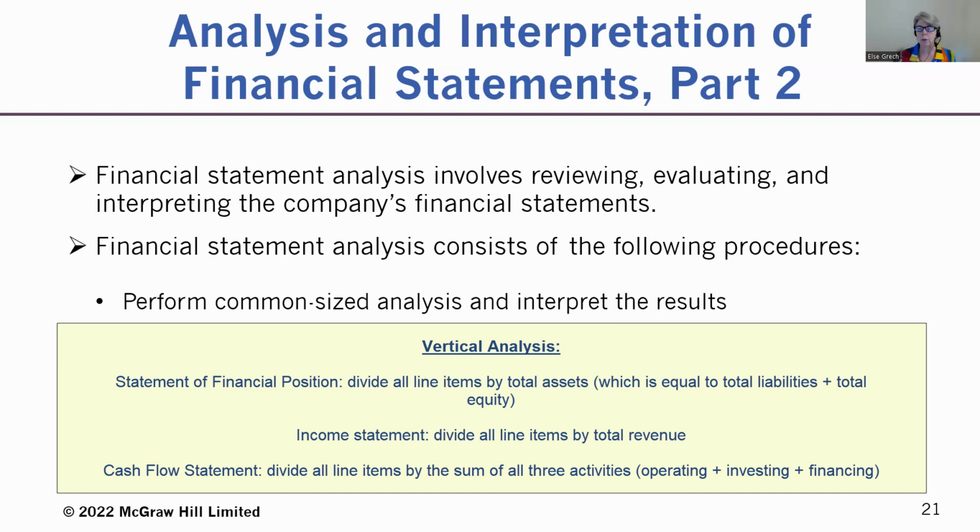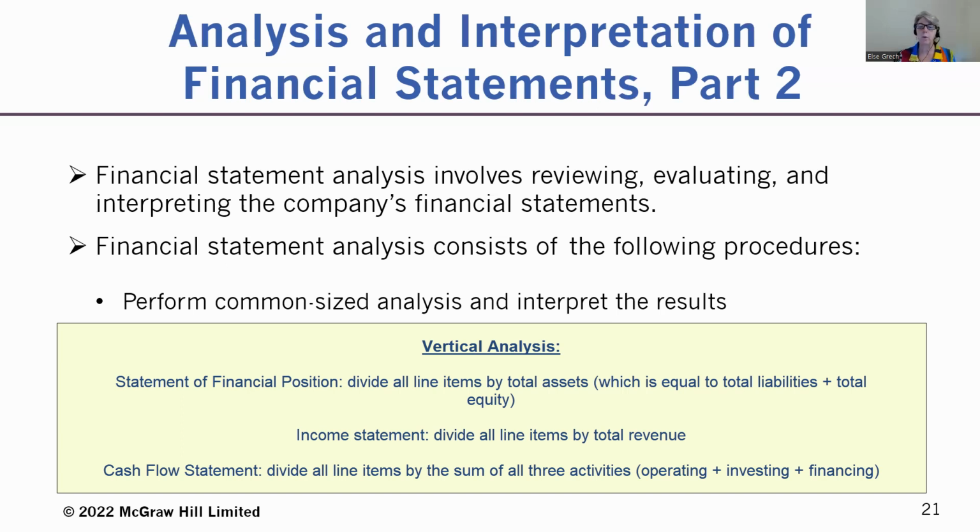And so what does that do? How does this help us? Well, we can then compare it to prior years in the same company, and we can see if there's a trend. Are trade receivables, accounts receivable, going up? Well, then we can go to the income statement and we can see if the sales are going up. Because if sales are going down, but trade receivables are going up, that tells us that we're not collecting the cash from our customers. And that's a dangerous message that is being communicated to the users of the financial statements who are deciding where to put their money.